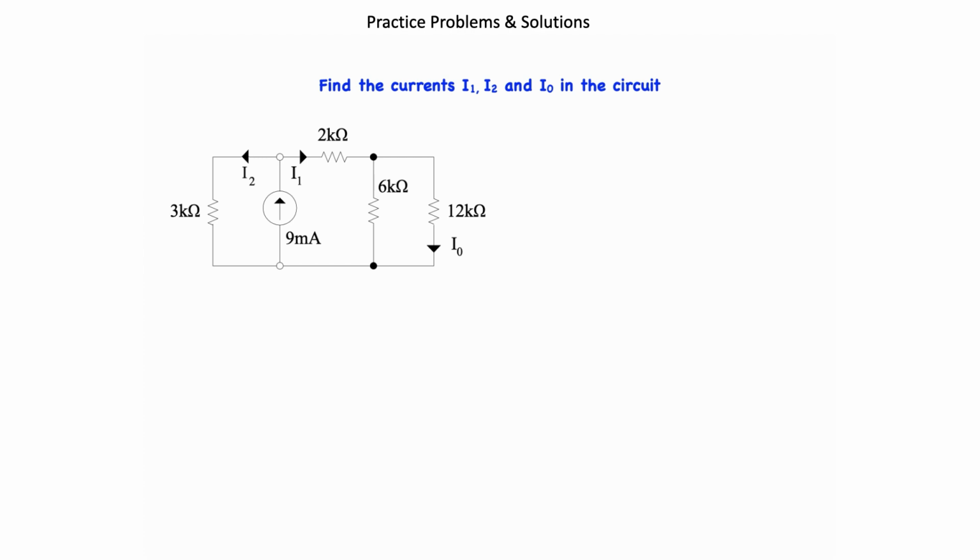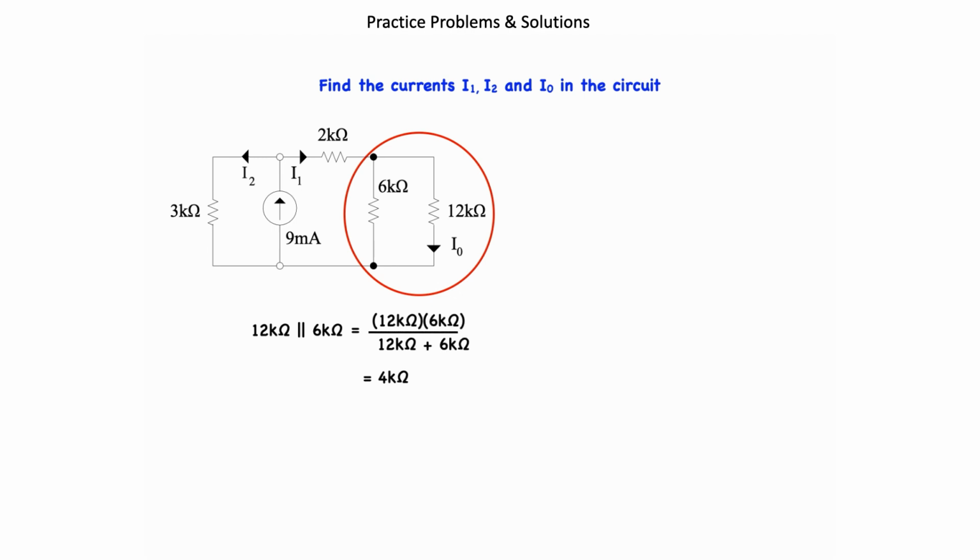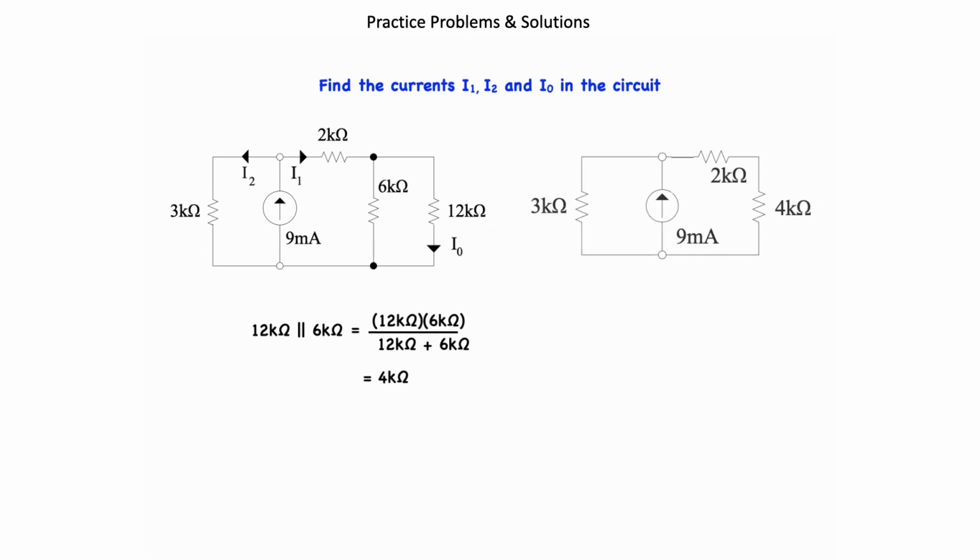In this circuit, our task is to find currents I1, I2, and I0. If we combine the parallel 6K ohm and this 12K ohm resistors, we get 4K ohms, and the network is reduced to this. The current emanating from the source will split between two parallel paths,